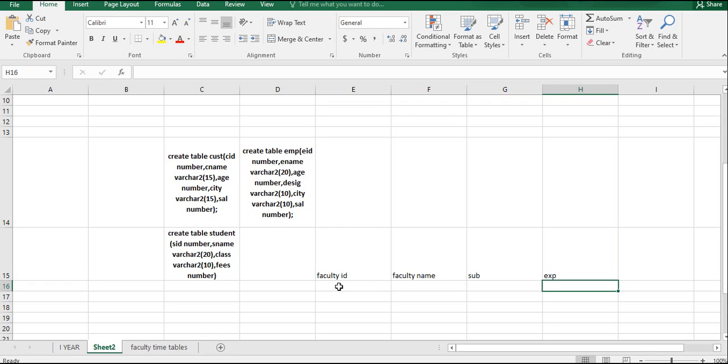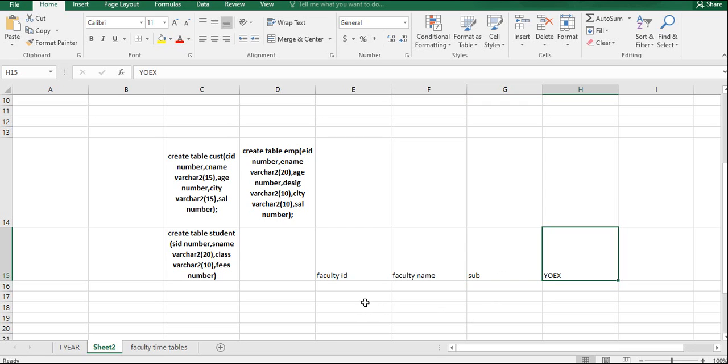So these are the four columns I require: faculty ID, faculty name, the subject which he deals with, and how many years of experience he has. Years of experience. Okay, so these are the columns I require. So you just tell me how to create a table for this. The columns are faculty ID, faculty name, subject and years of experience.